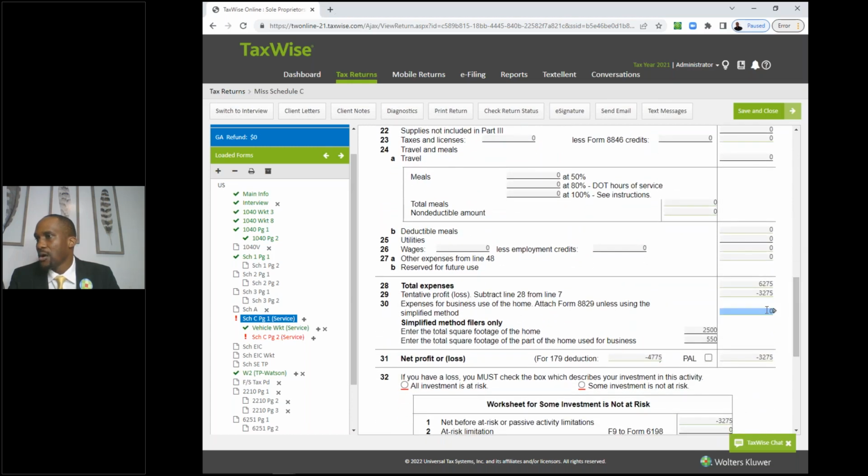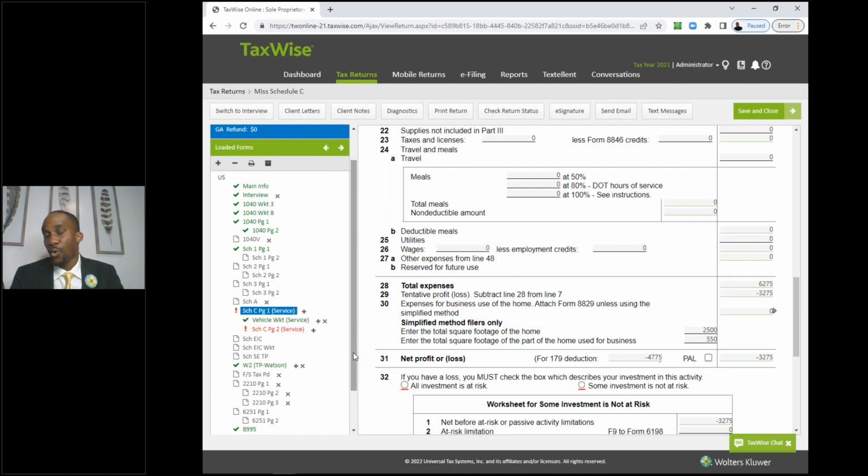What happened to our simplified home office deduction? It's zeroed out, right? It's limited to the extent of the profit of the business. So if the business has a profit, you could expense it down to zero, but you can't go below that. So when a client had a loss in the business, they spent more than what came in, that's a good time to use the actual expense method. Or if their square footage is in excess of 300 square feet, that's another time to use the